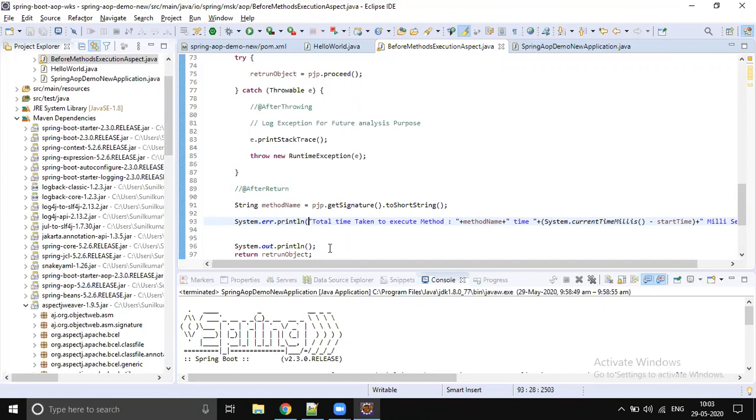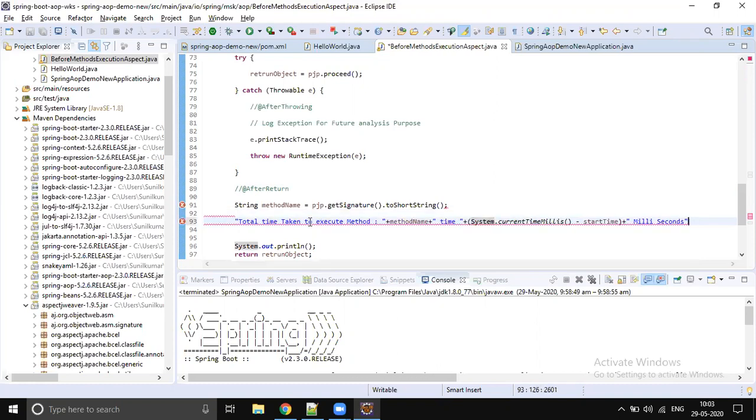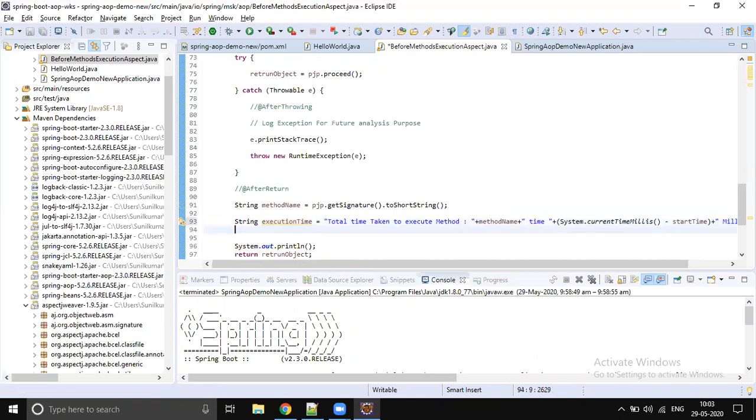So for now, what you can do, you can create CompletableFuture supplyAsync, right? So you prepare this string, the execution time. You create CompletableFuture supplyAsync, and you can log it asynchronously into our MySQL table, right?